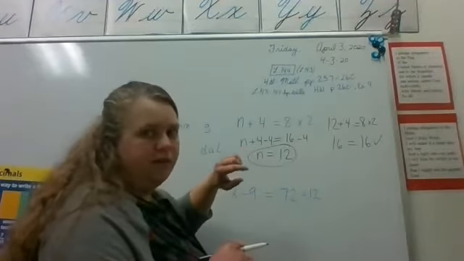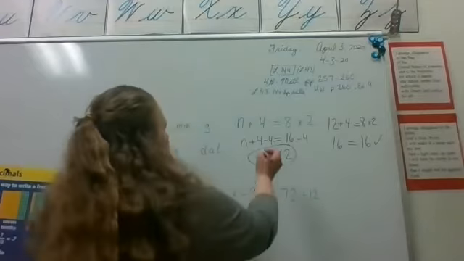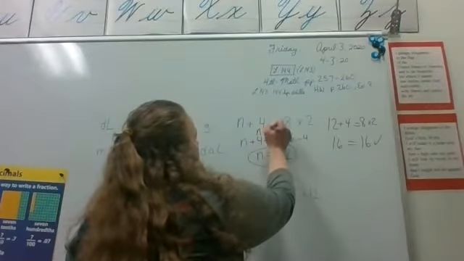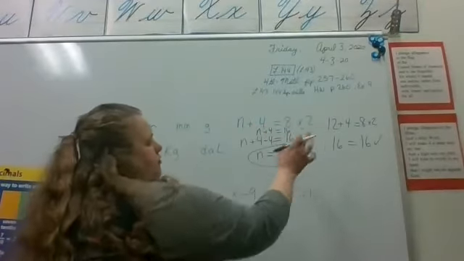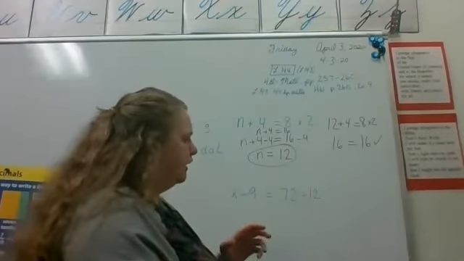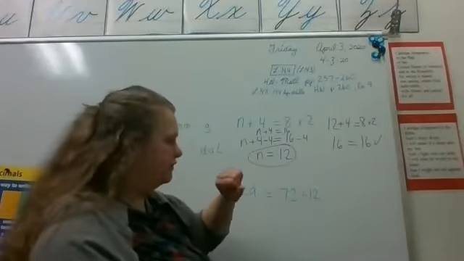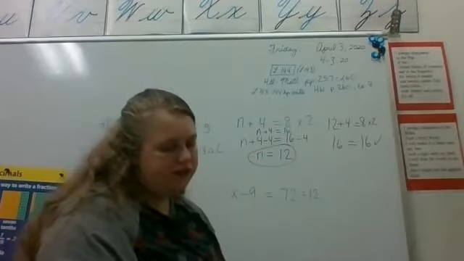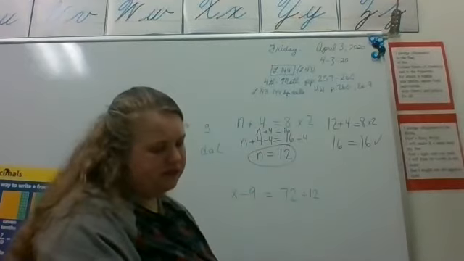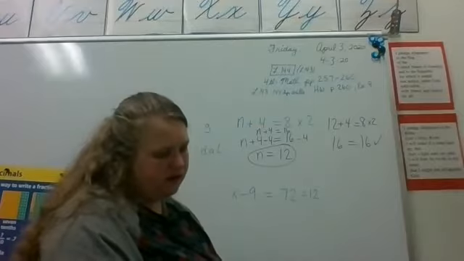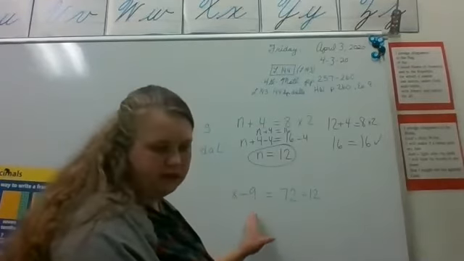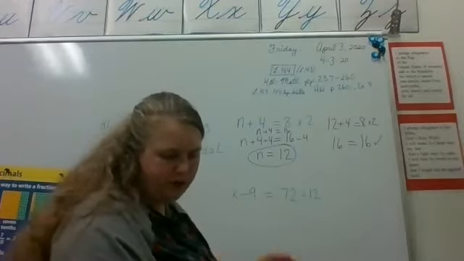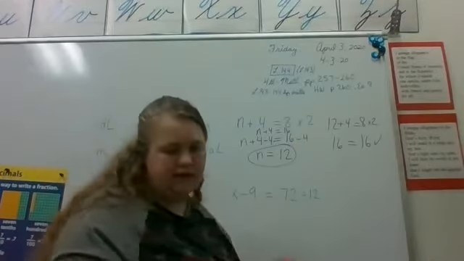I combined a couple things, but you could have right here n plus 4 equals 16. And then you can rewrite to subtract. It's whichever is easiest for you, okay? But the next problem is not the same. I have a different problem, because this is from the second lesson. Okay, so